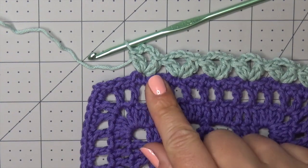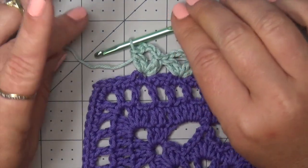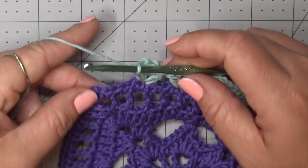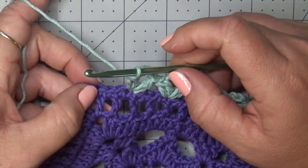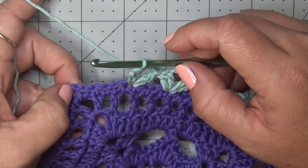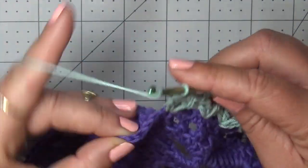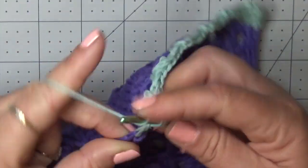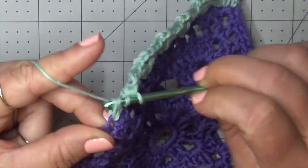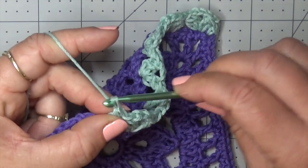Okay, so now that we're at the end, I'm going to go ahead and show you how to turn the corner, and then you can finish the square off. All right, so to turn the corner, just like the others, we're going to skip 3 stitches, and into the 4th stitch, which should be your last stitch, we are going to put a 2 double crochet cluster. 1, 2 together, chain 3,